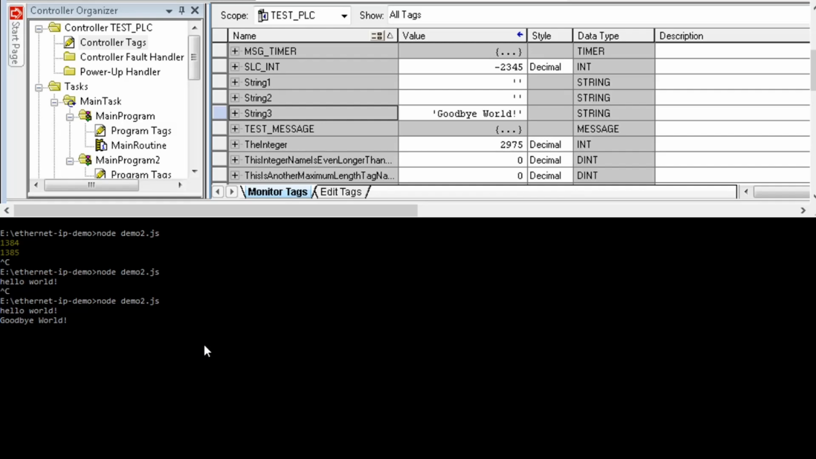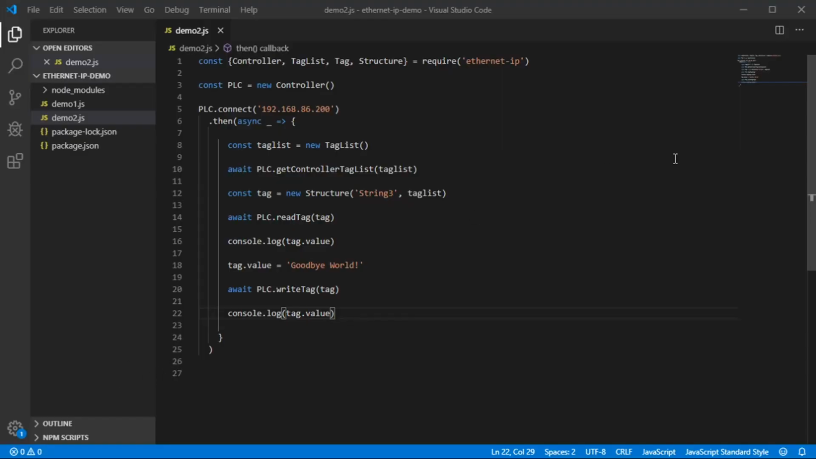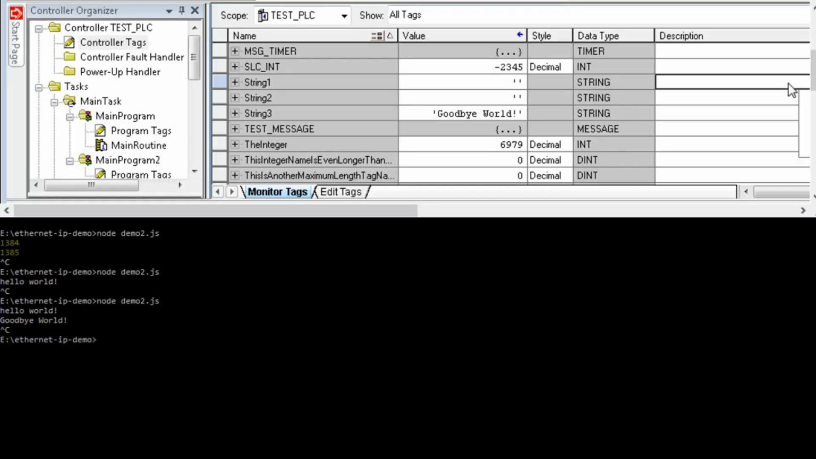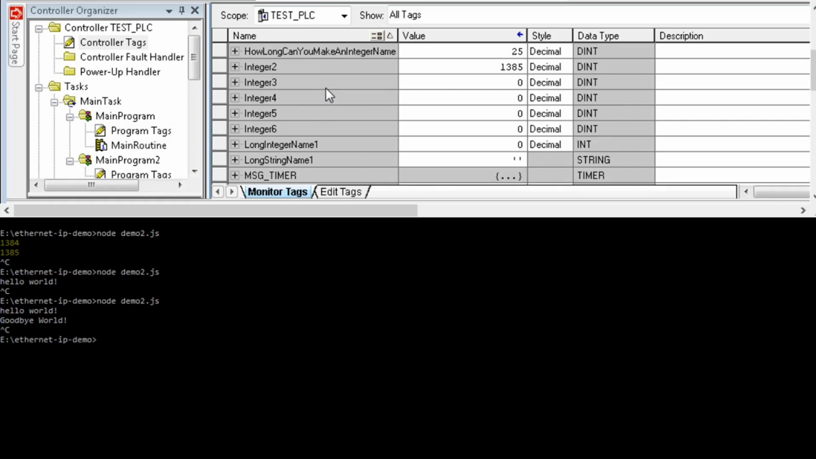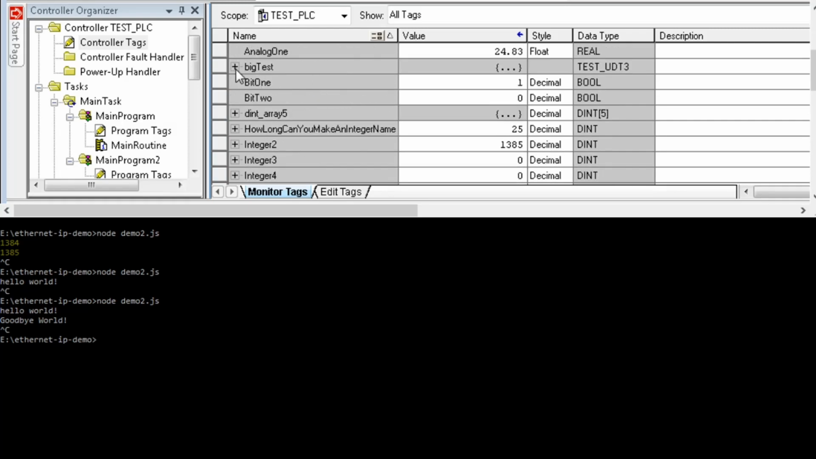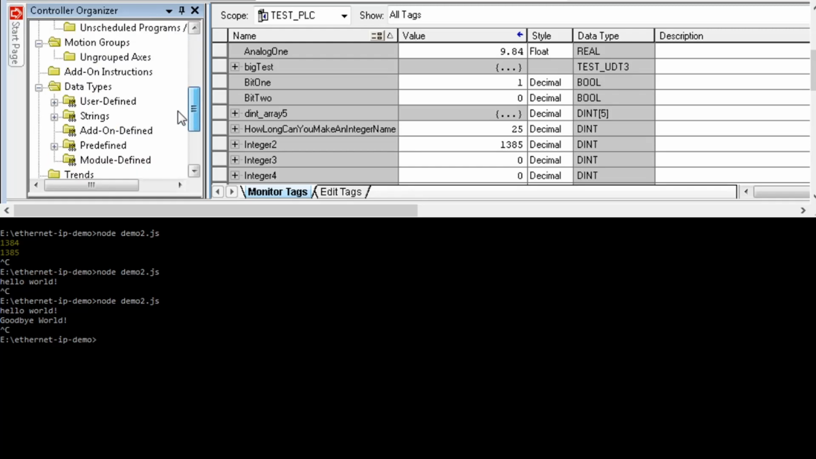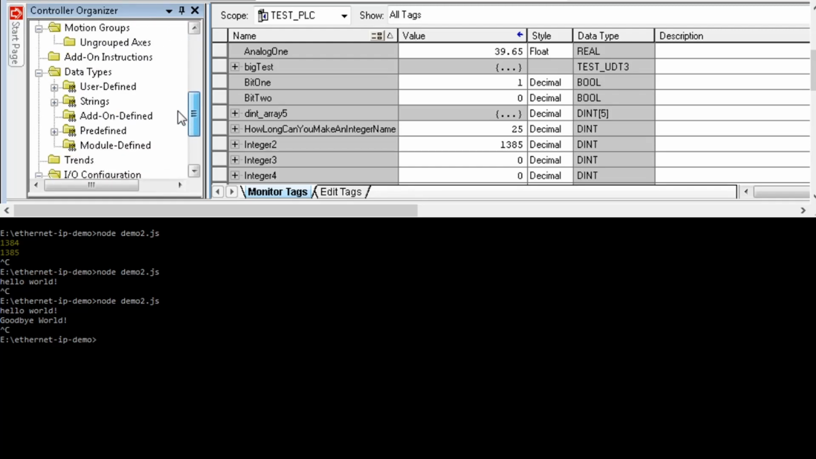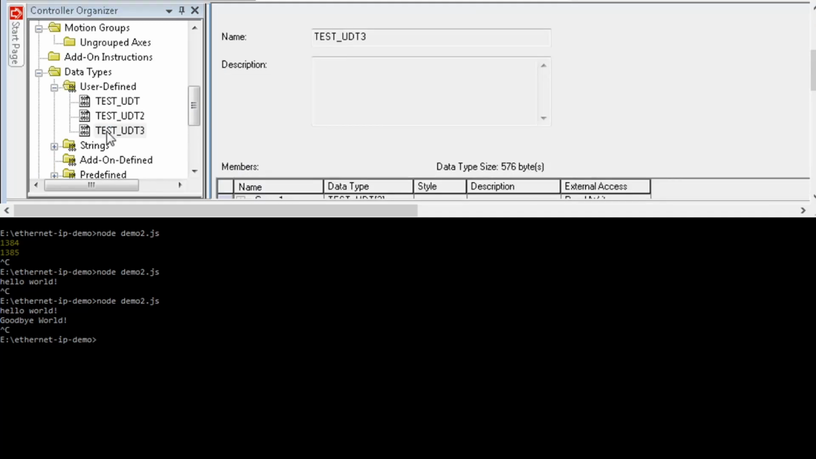So one other thing, we'll look at a structure real quick. So let's go back to our code. Actually, let's find a structure, which I made for testing this library, which is called Big Test. And it's a template, it uses a user-defined template that I made called test UD3. If we look down and go to user-defined UD3, as you can see, it is